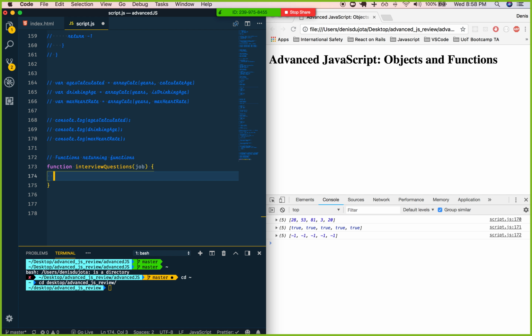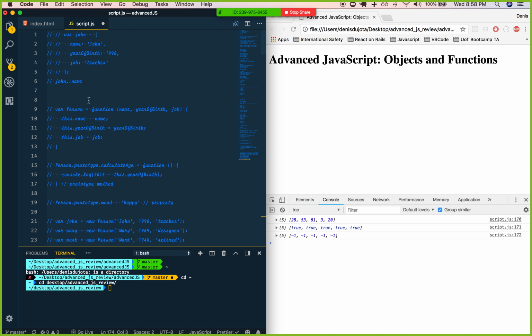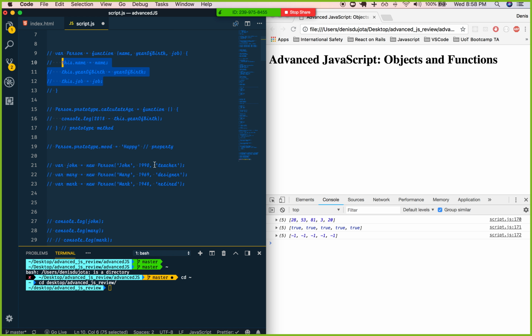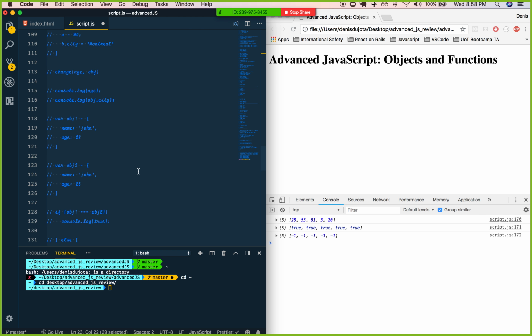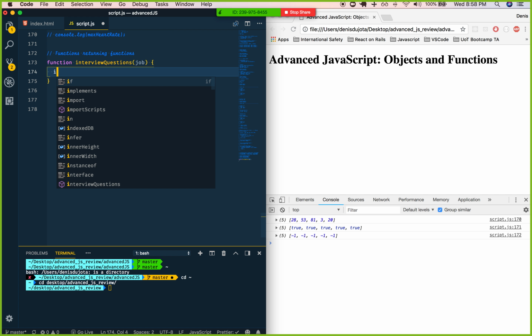Now, let's think about this. Okay, let's create the job. Remember how we did the objects where people had jobs and whatever? Right here. Remember these guys? Mary, John, and Mark, who was a teacher, designer, and okay, well, forget about Mark. He's retired. Forget him. So what we're going to do is, okay,